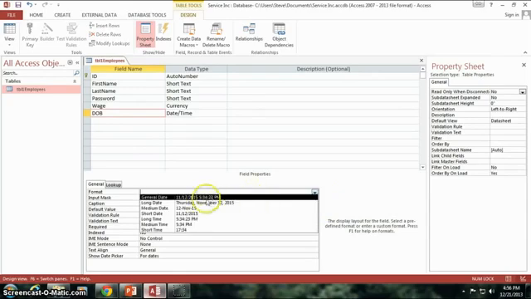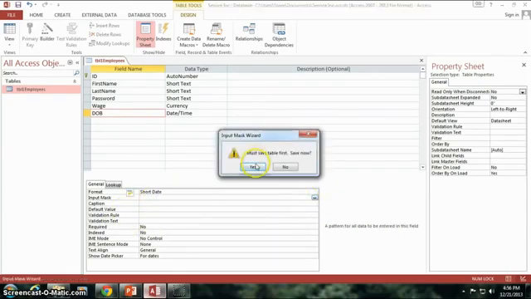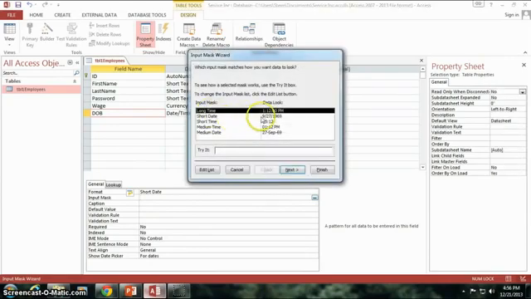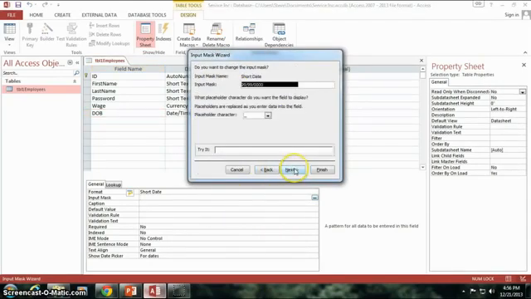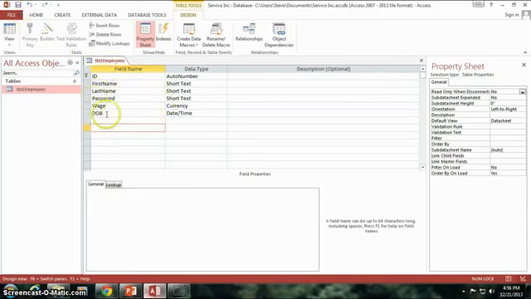Go back in here and change the format. Input mask. We'll say yes, we do want to save. Yes, the short date. Okay. So these are just some quick little adjustments. Default value, we're just going to go to date, which is today's date. Tab on down and save our table. And yes, I do want to say that this is required. Okay, oops, save it again. All right. So now that I've got my format of what I want,